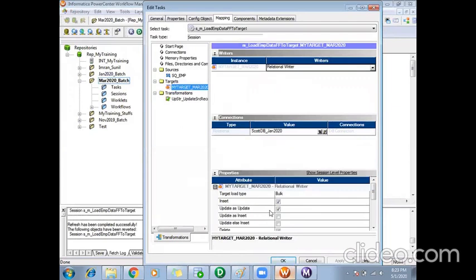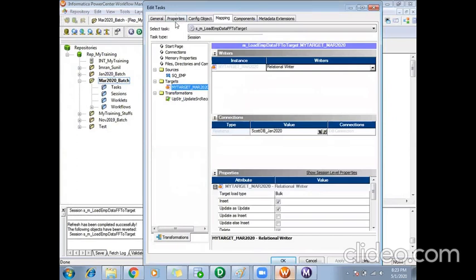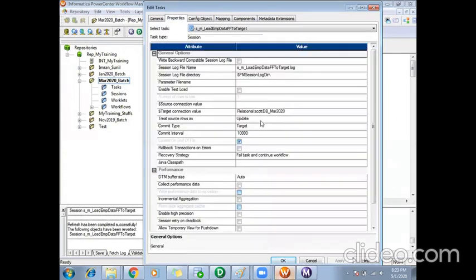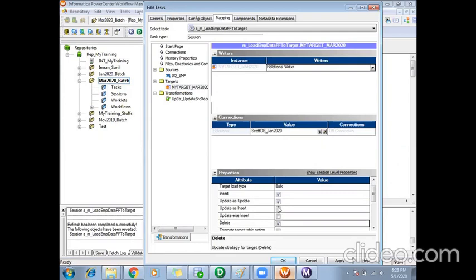This is for updating. In case it was for deleting, it is the same thing at the mapping level, no changes. But in the session level, you will select properties treat source rows as delete, and in your mapping target, you will select it as delete here. You will enable delete also, so everything will go for delete.